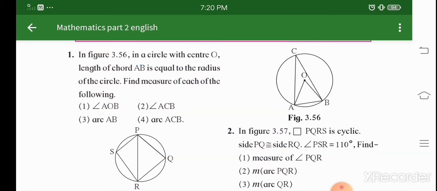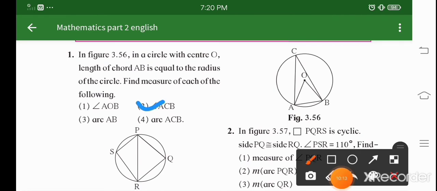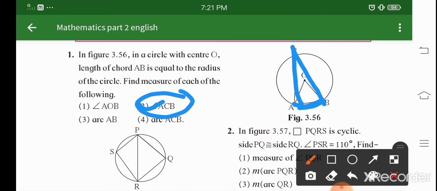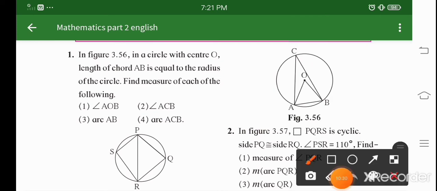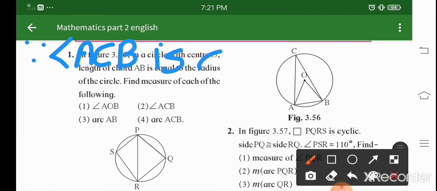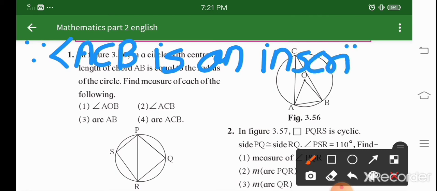Now we'll do question number 2, angle ACB. Now you have the value of this arc AB. You can find this value, because this is an inscribed angle and this arc AB is your intercepted arc. So we have the inscribed angle theorem, and by using that theorem we are able to find the value of ACB. So now write the next one. Since angle ACB is an inscribed angle, you can write over there, inscribed angle.